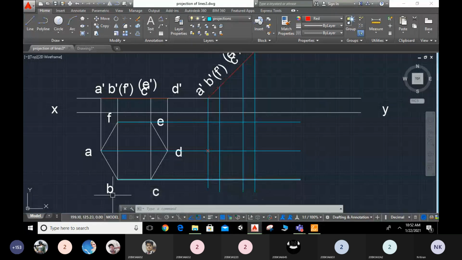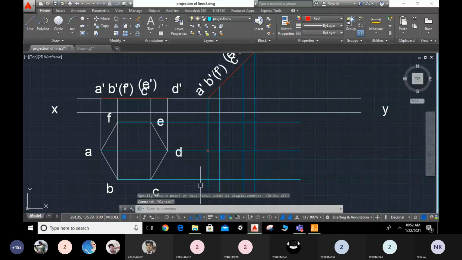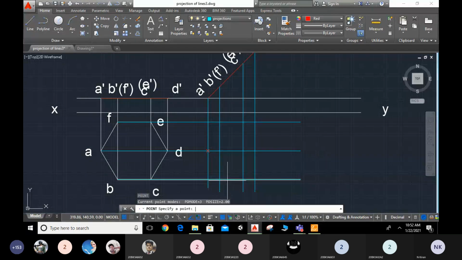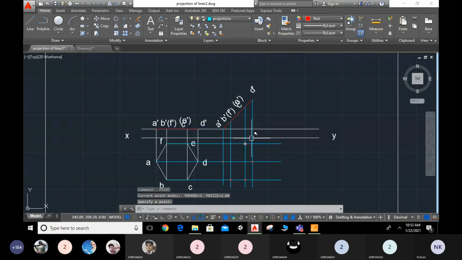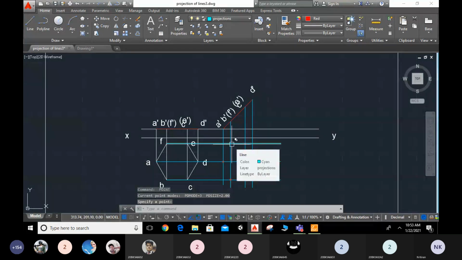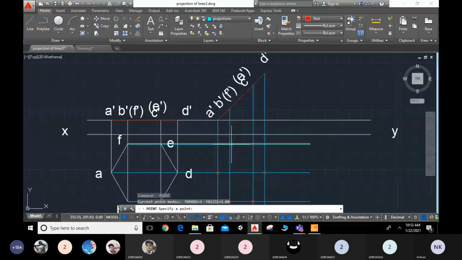Okay, sir. A dash. Now B dash. Let me take B, PO, enter. Now B, and this is the B point. Next C and enter. PO enter, and C dash. Is this the point C? And D dash. Space, I will press here again, space, and again E. Is this the point E which I selected? Yeah, and F, and this is a space, and this is the point F.